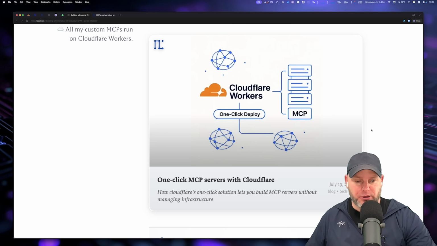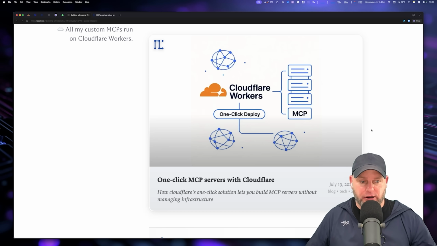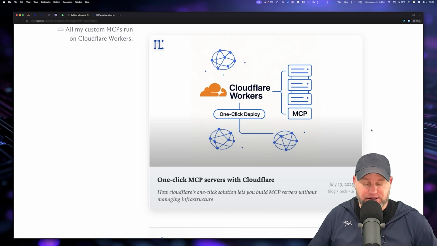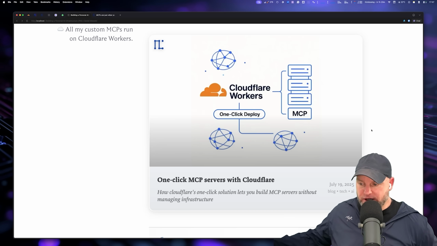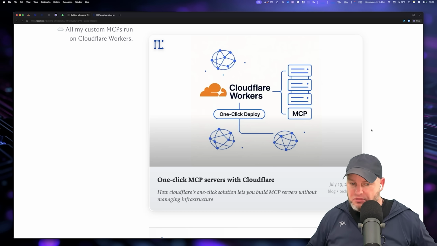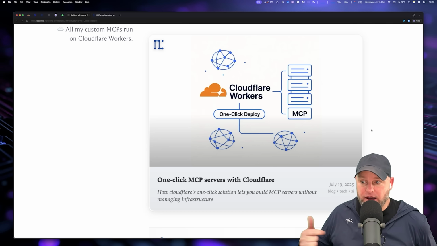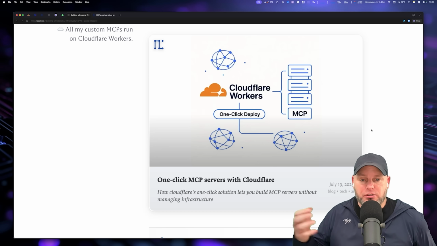Okay, so this blog post, actually this is my blog post, but it references a blog post by Cloudflare that said, hey, why don't you build MCPs on Cloudflare? I'm like, yes, please. Because I actually don't want to run the infrastructure for these MCPs. I really don't. I don't like having that running local and it has to be up if it works. No, I want it all remote and always running. So when this blog post came out, guess what? I gave it to Kai and I said, hey, make me a command that allows us to build MCP